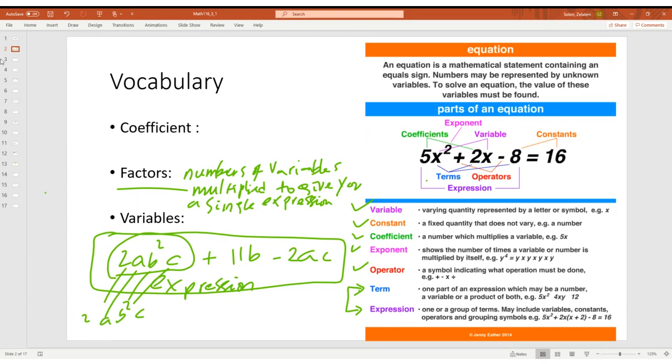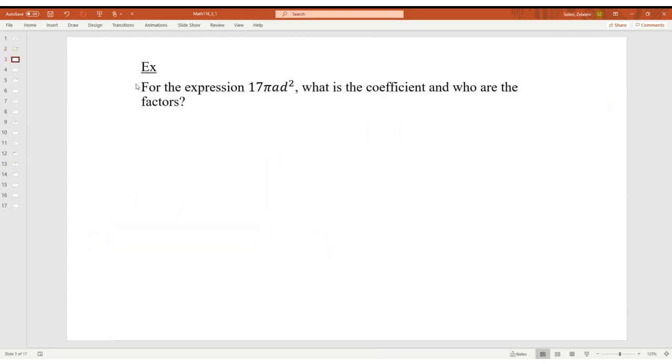If you see the next example here, for the expression 17 pi a d squared, what is the coefficient and which ones are the factors? We have 17, which is a constant, so it can be a coefficient. But pi is also a number. Pi is not a variable, it's just a constant number. So the overall 17 times pi would be the coefficient. It's just a number. 17 pi is 17 times 3.14. And also the